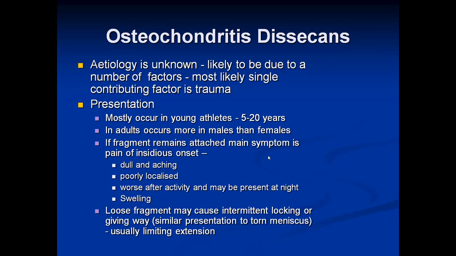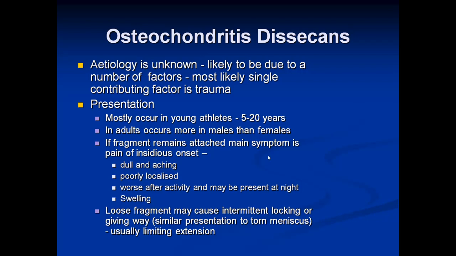What is the most common etiology of osteochondritis dissecans? It is generally unknown, but as mentioned before, trauma may well be a single contributing factor. It's usually seen in young athletes between about 5 to 20 years, and in adults it occurs more often in males than females. The fragment may remain attached, and if so, the pain is generally dull and achy, poorly localised